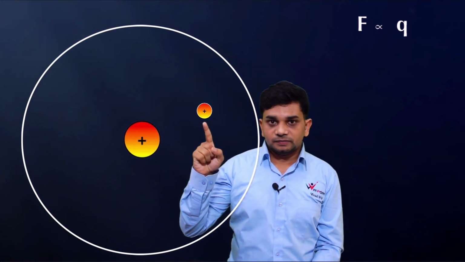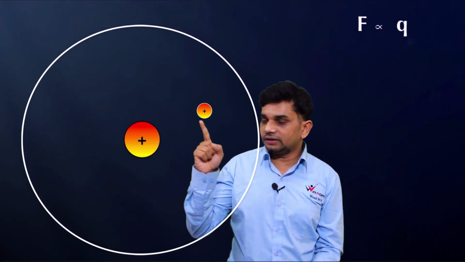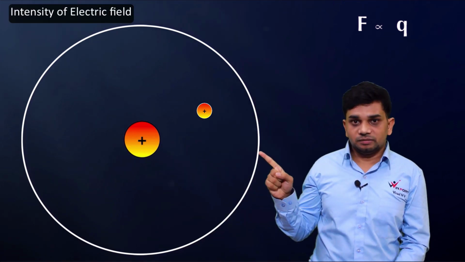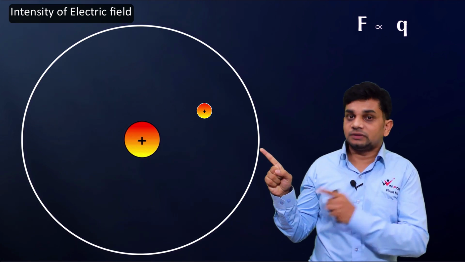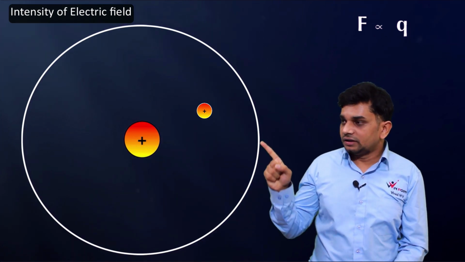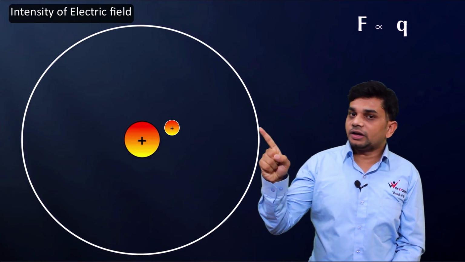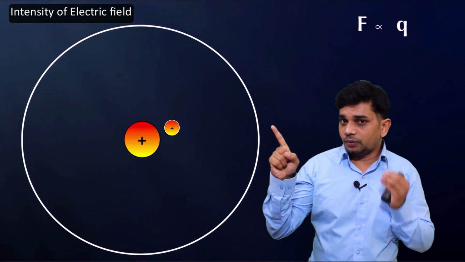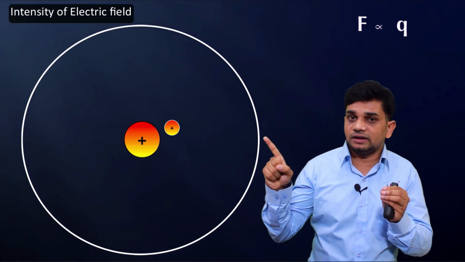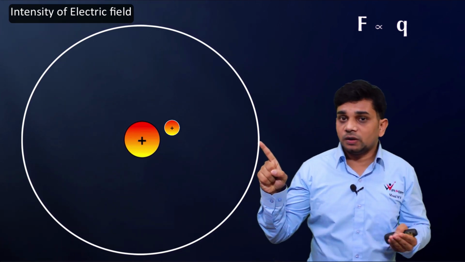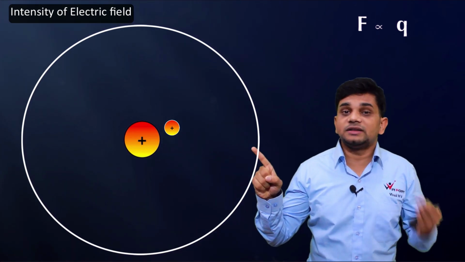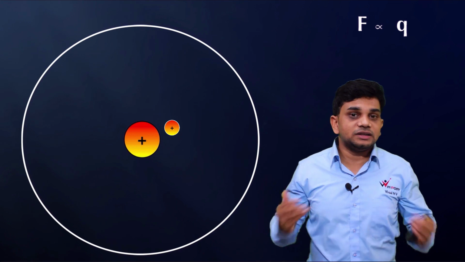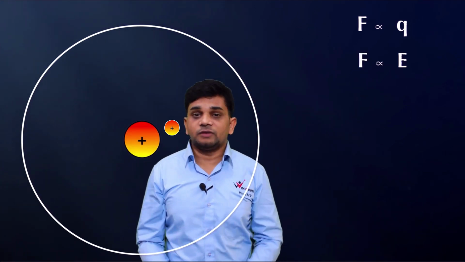Here we are placing a charge, and it is experiencing a force, right? Why is it experiencing a force? Because of the intensity. Here there is less force because it is far away from the charge, so less intensity. If we bring that charge near to the positive source charge, the force of interaction is more because it is very close to the charge, and the electric field intensity is more. So if the force is more, we can understand that the electric field intensity is more, right? So we can say that F is proportional to E.